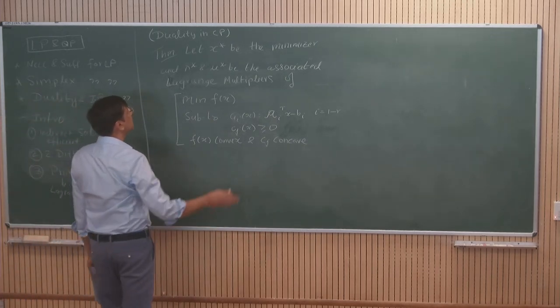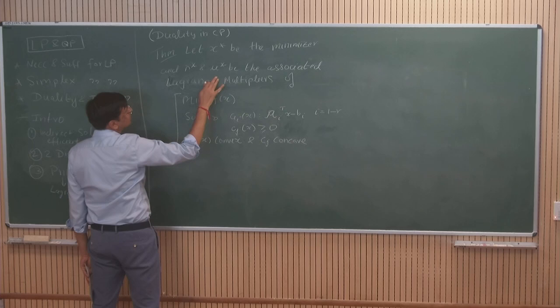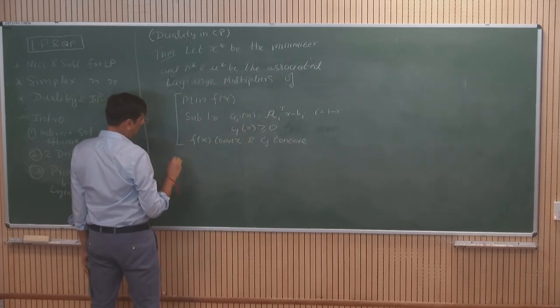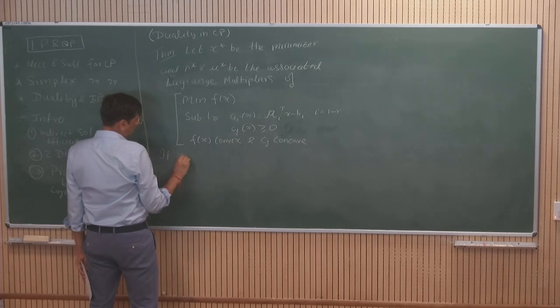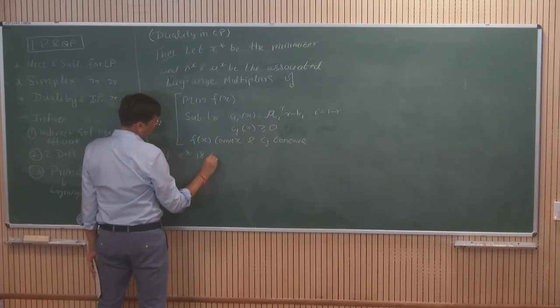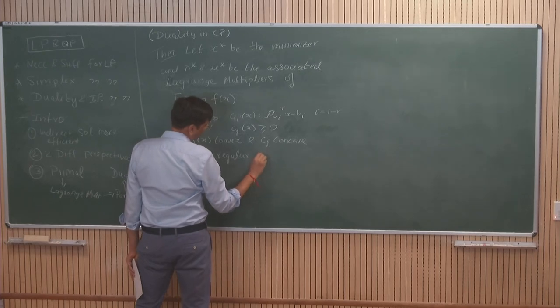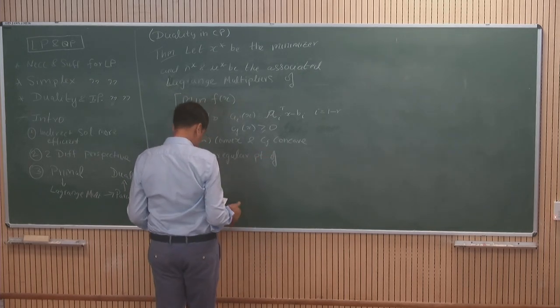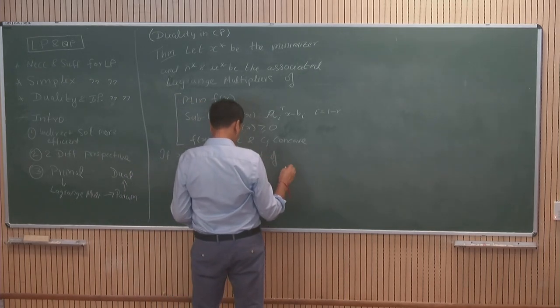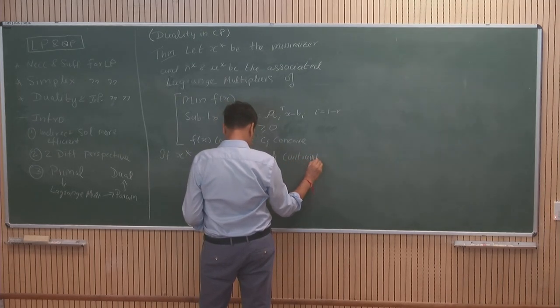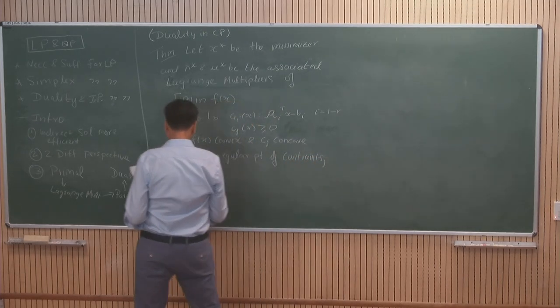So the theorem says that x star be the minimizer and lambda star mu star be the associated Lagrange multiplier of this problem, if x star is a regular point of constraints, then